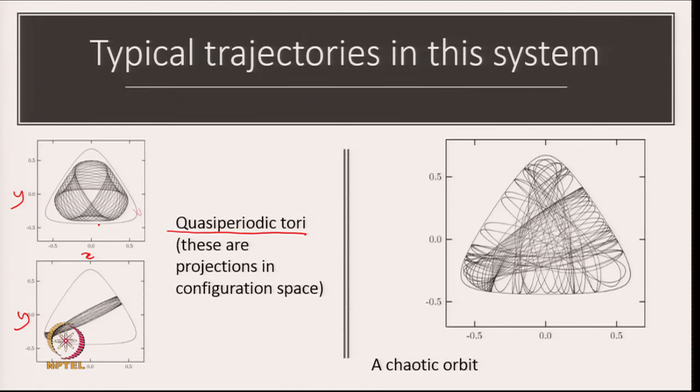In contrast, you have a motion that seems to be near a torus for a little while, and then it just seems to escape and go all over the place. And this is an orbit which is termed chaotic because you can compute the Lyapunov exponent using the methods that we have discussed earlier, and we find that you have a positive Lyapunov exponent, but again you have chaotic motion in this Hamiltonian system.